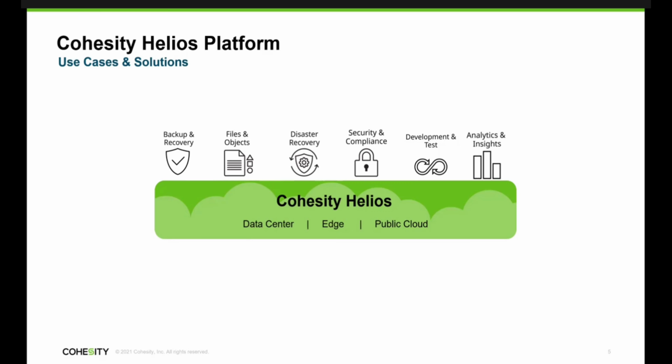You don't actually have to restore data for any compliance or for any testing. You just create another view of the backup data, present it out to a server, and enable whatever application to be tested against it. It also gives you a lot of analytics and insights into your data and a lot of performance figures on your